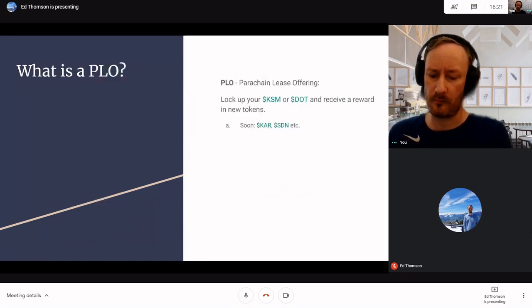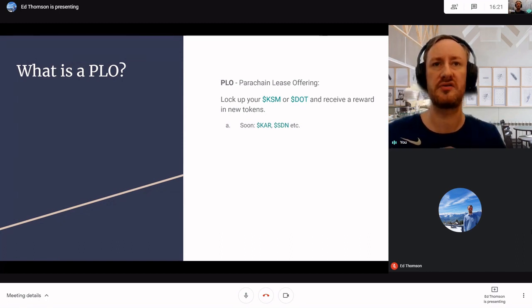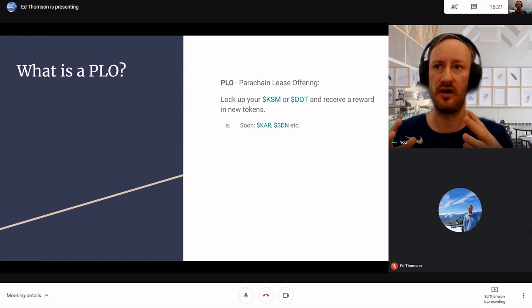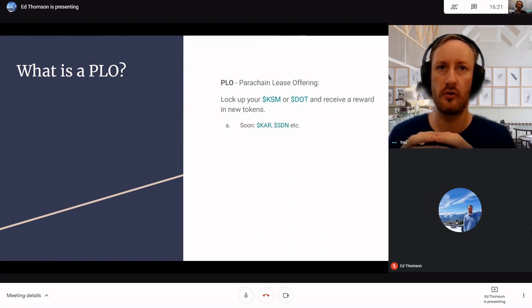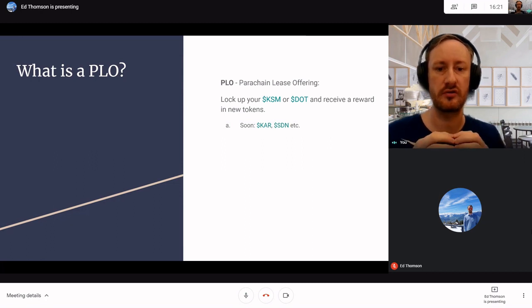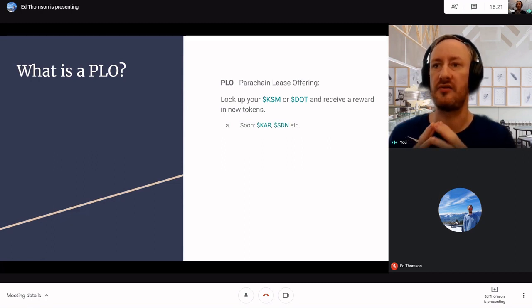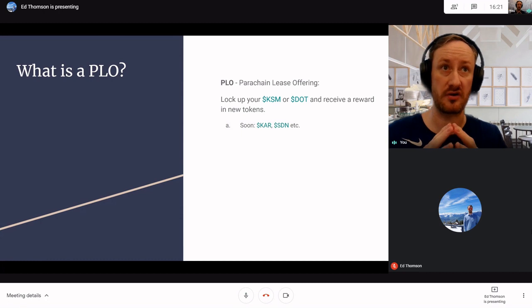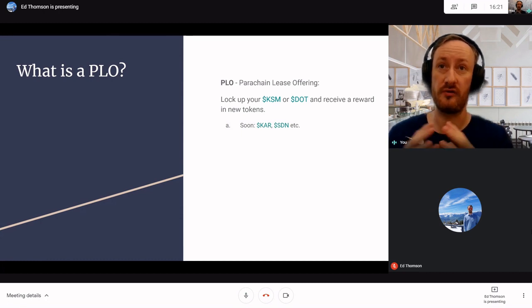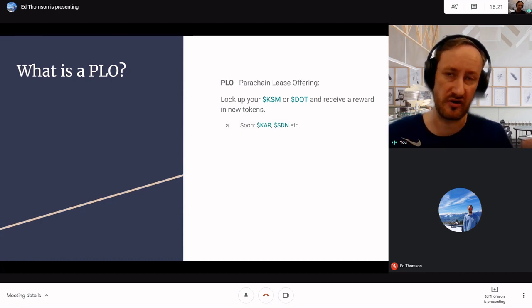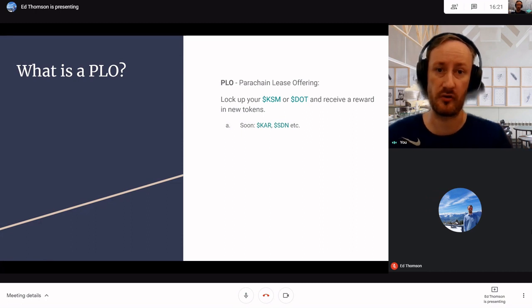So, Parachain lease offerings. I'm going to skip the tech. The simplest thing to know is that you have to lock up either your DOT or your KSM tokens. Basically, your tokens are going to be locked over the duration of the lease. The lease durations can vary from project to project, and they also vary whether you're on Polkadot or